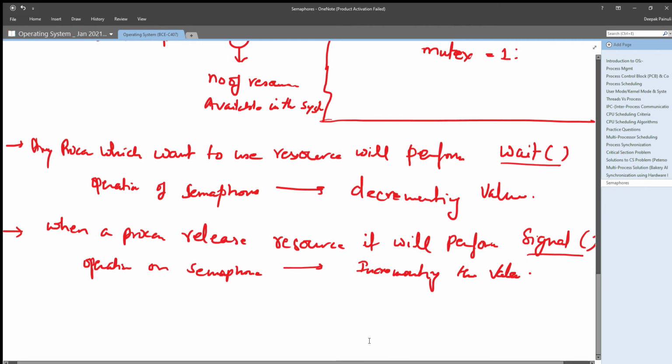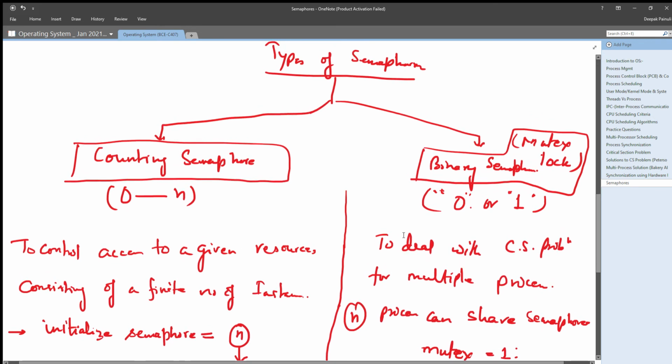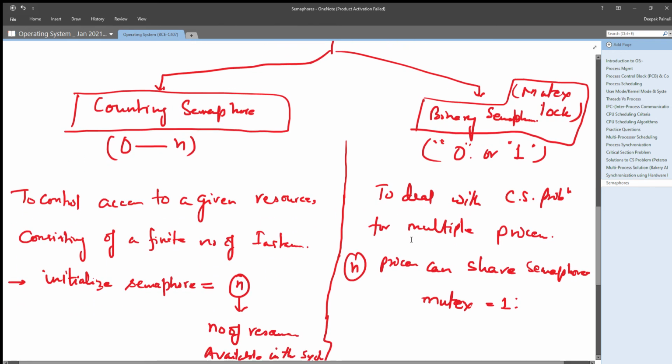So these are the two types of semaphores. One is binary semaphore and the other is counting semaphore. Both have their individual use cases. Like binary semaphore could be used for dealing with the critical section problem for multiple processes.